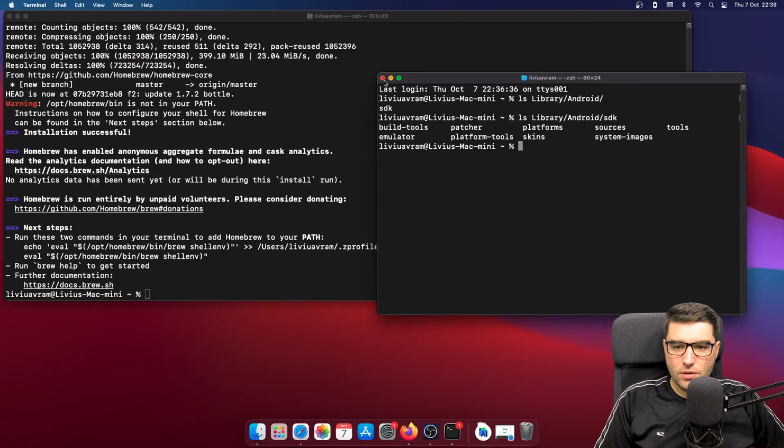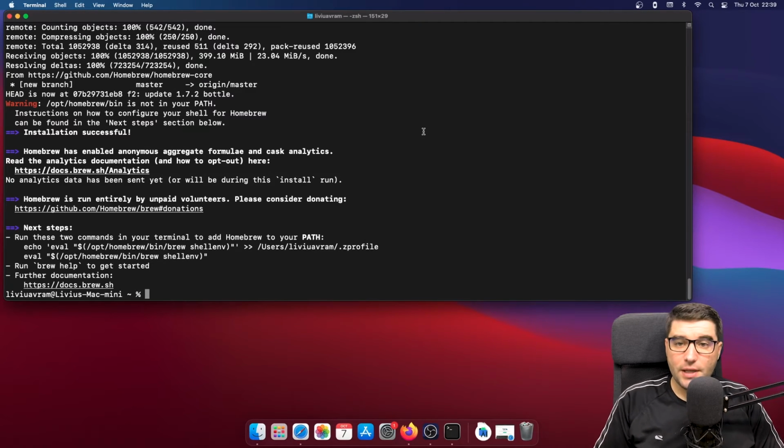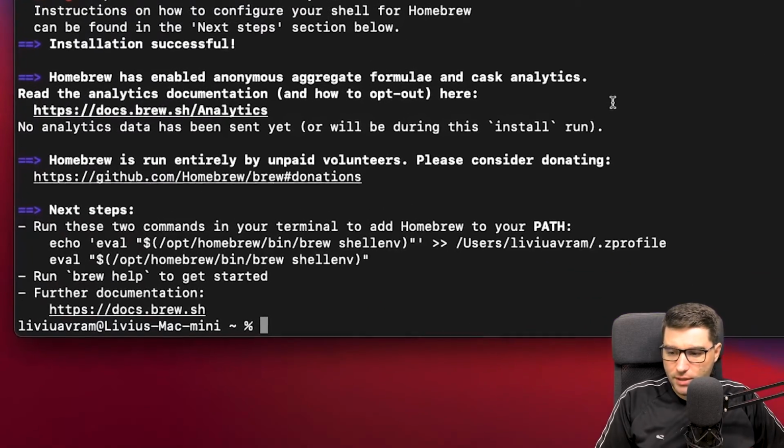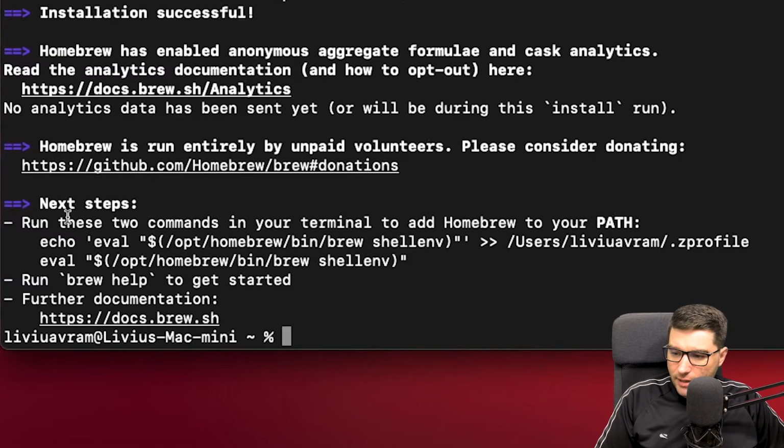Okay, so I installed and configured Android Studio. Now, while I was doing that, the Homebrew installation also finished. So in the end, I have the next steps category, which is to input this in the profile file.